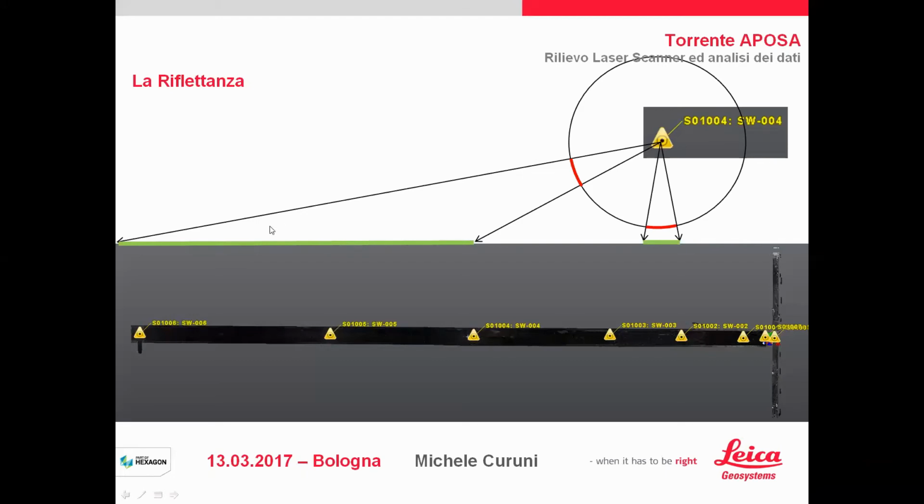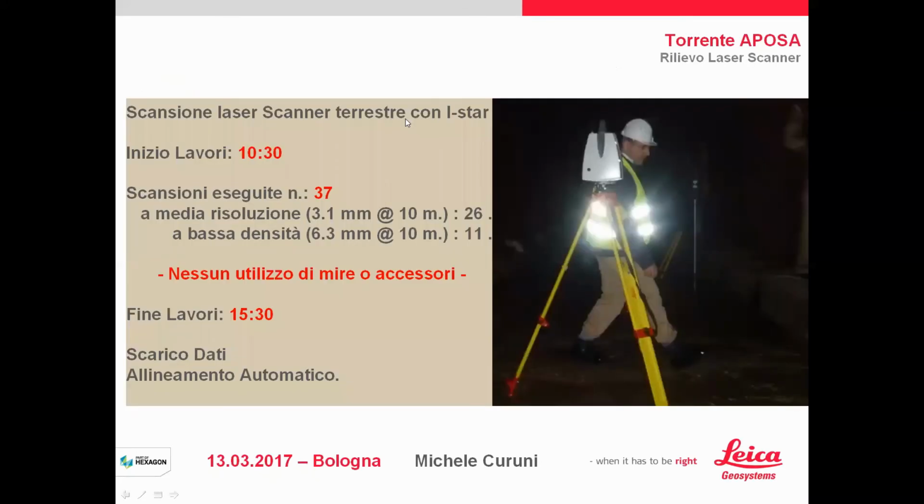the typical application of a terrestrial laser scanner is to choose the distance of the station not too far, no more than two times the diameter. If the diameter is around 4 meters, the distance of the station can be 8 meters, maximum 10 meters. Okay, no more, no more. Okay, this was